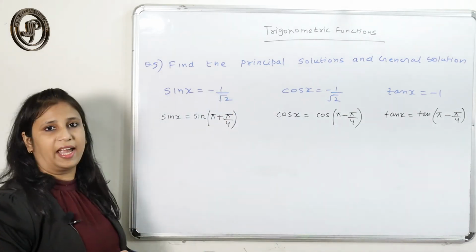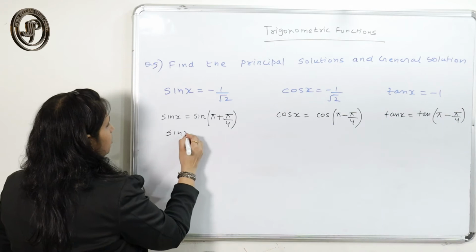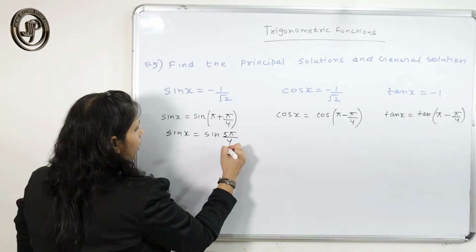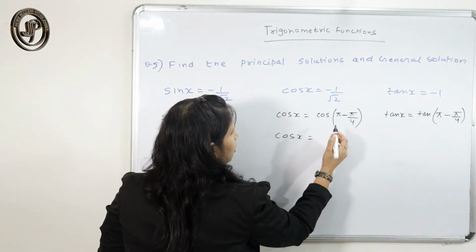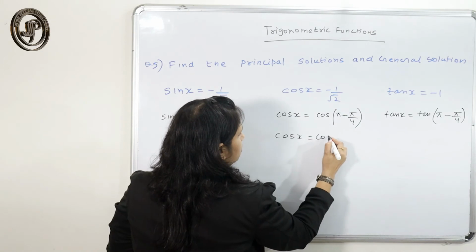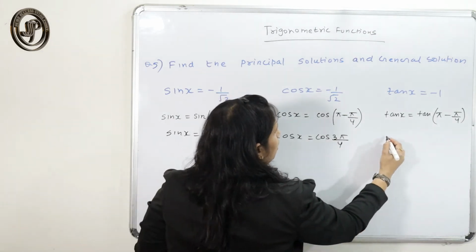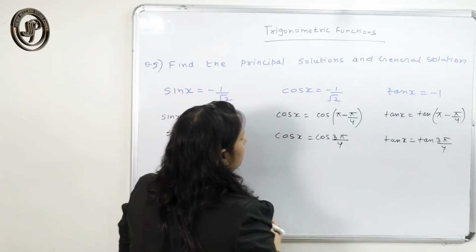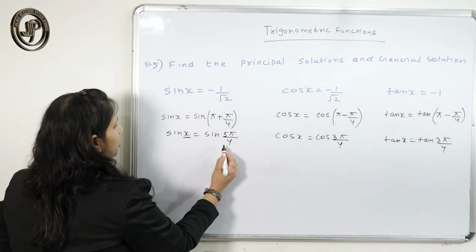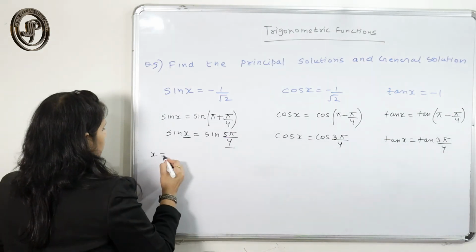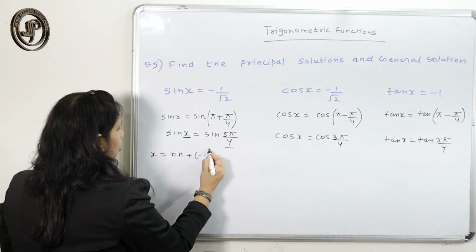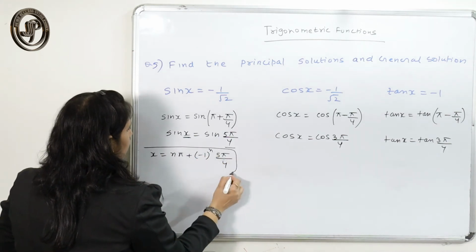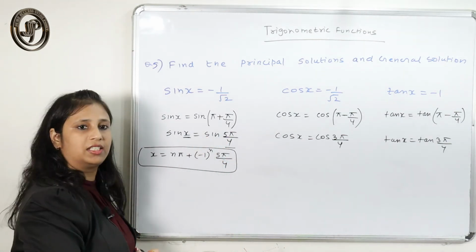But if it is coming negative, now you can easily find, okay, sine, this will be 4. So this will be 5 pi by 4. Here cos x is equal to 4 pi, so cos x is 3 pi by 4. So here tan x is equal to tan 3 pi by 4. Now, I think you can do this. This is your theta, this is your alpha. So you can apply the formula, and here is your general solution. Okay, I have applied the formula, considering this as theta, this as alpha.